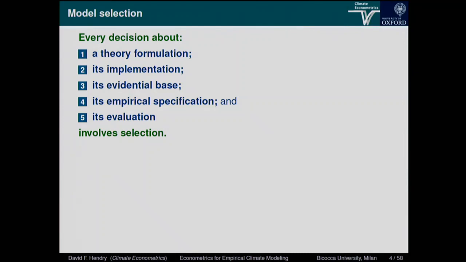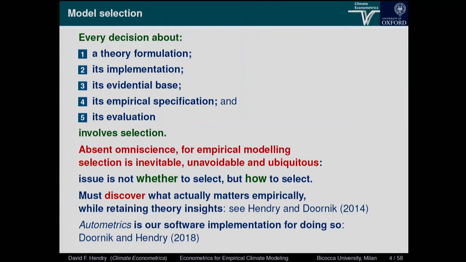And very often you get no track record in economics of how the theory was formed, how many others were looked at, how it was implemented, why you picked this particular data set and why it's a particular time period, and why you picked the empirical specification you did, and why you evaluated it the way you did. And therefore, you've no idea whether the quality of the model is worth publishing or worth binning, right? And it's a big problem for me with economic empirical analyses. I read them through and I haven't a clue whether they're meaningful or meaningless. And I want to avoid that in the econometric work we do in climate by tracking what we do.